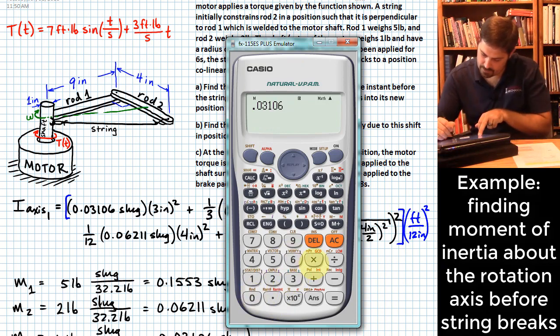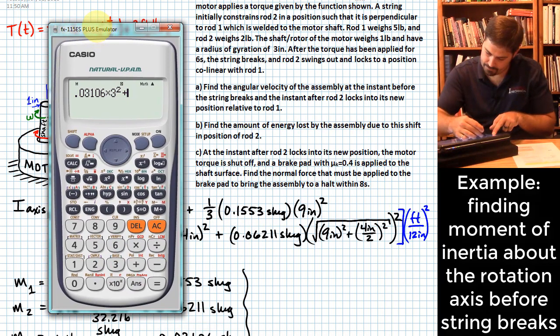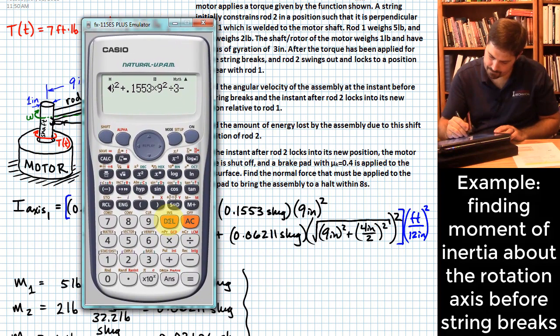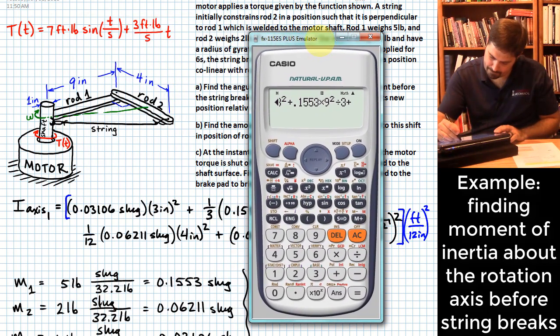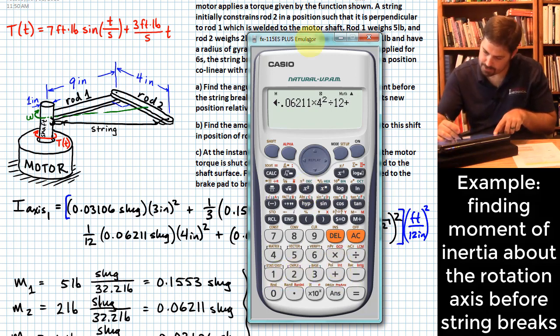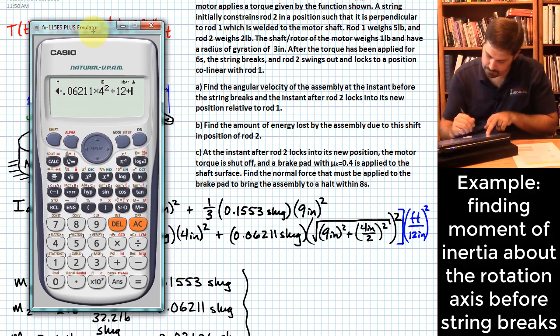0.03106 times 3 squared plus 0.1553 times 9 squared, over 3, plus 0.06211 times 4 squared over 12, plus 0.06211